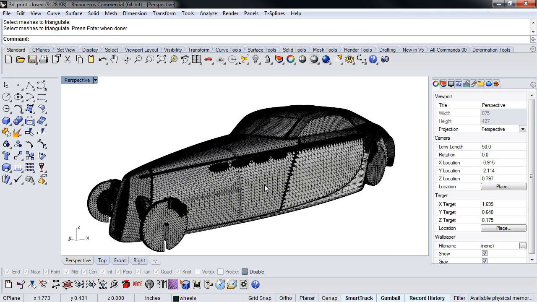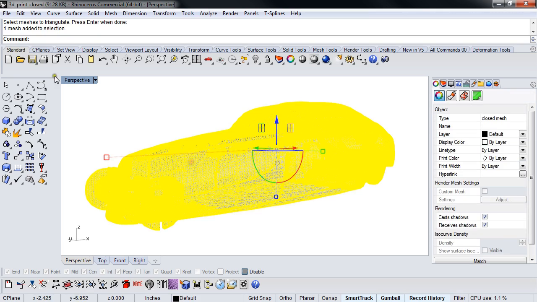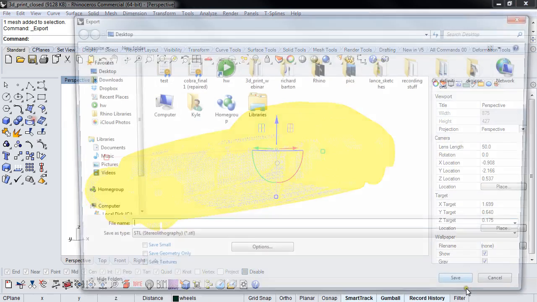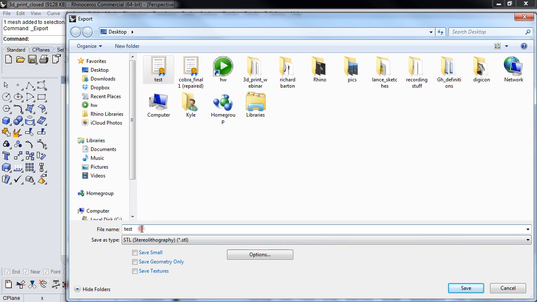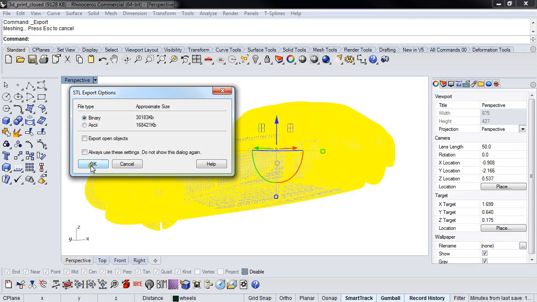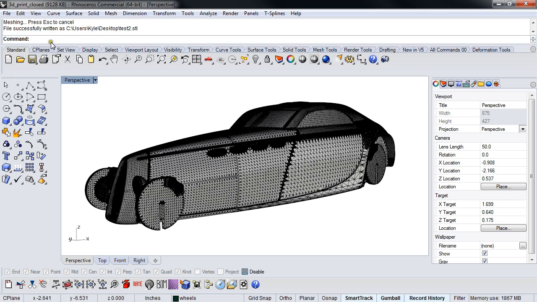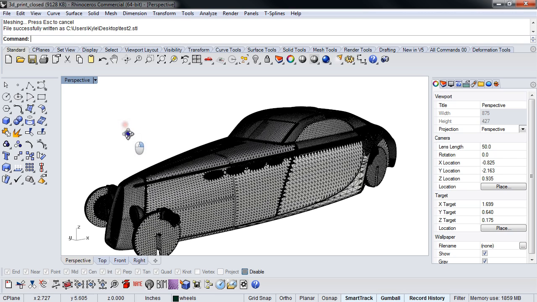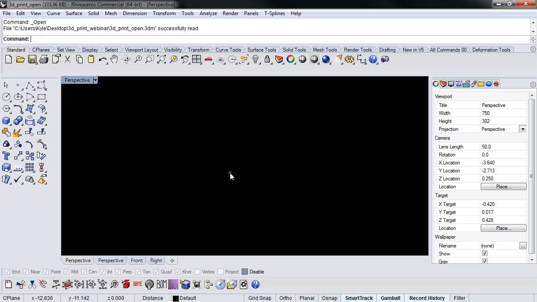Okay. So at this point, now we can do file, export selected, make this test 2. We've already verified it, so I don't need to re-verify it, which is the reason that I do it this way. And as long as it goes out, file successfully written, desktop to STL. Now notice, when we sent this out, we made sure that it wouldn't export an open object, right? So by virtue of the fact that it exported successfully, we know that that object is not open, all right? And we should be good to go. So when you're printing, again, the pre-flight check is